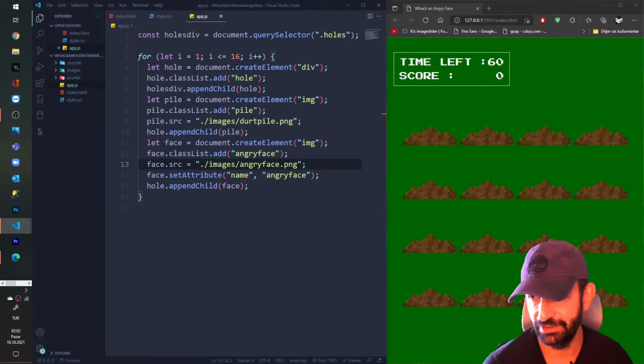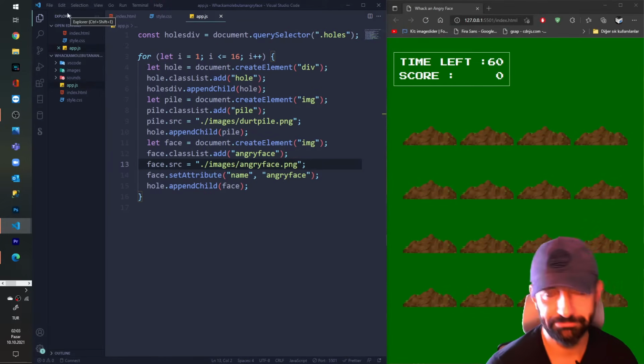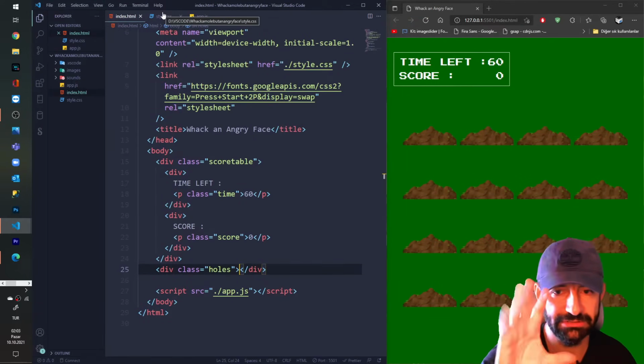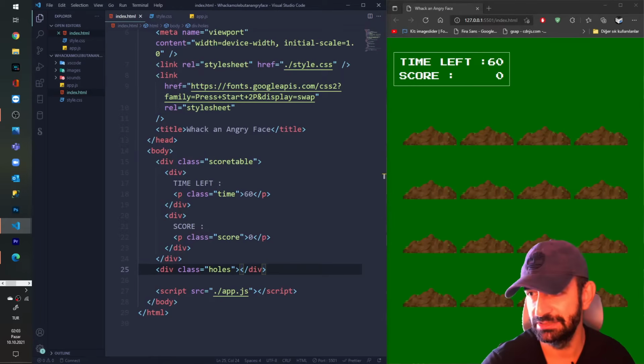Now I'm gonna create here my modal pop-up on my screen, and after I press the start button, my game is gonna start. Okay, so I'm moving again to my HTML file and I'm making my modal.